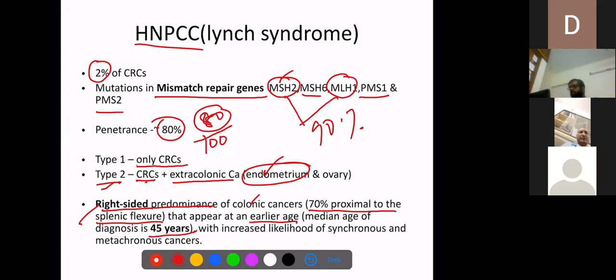I told you that in FAP it manifests still earlier, in the second and third decade, between 10 and 30, but this occurs at a somewhat later stage, about 45 years, with increased likelihood of synchronous and metachronous cancers. When they manifest, they need not have a cancer at one site alone. They may have synchronous cancers, meaning when you identify it, at that time itself you will have more than one cancer. And